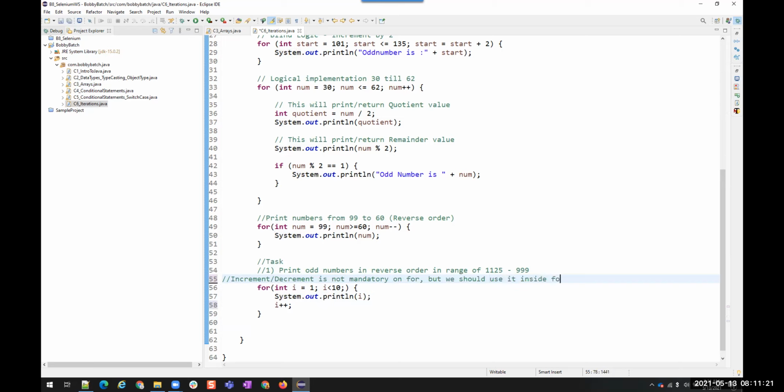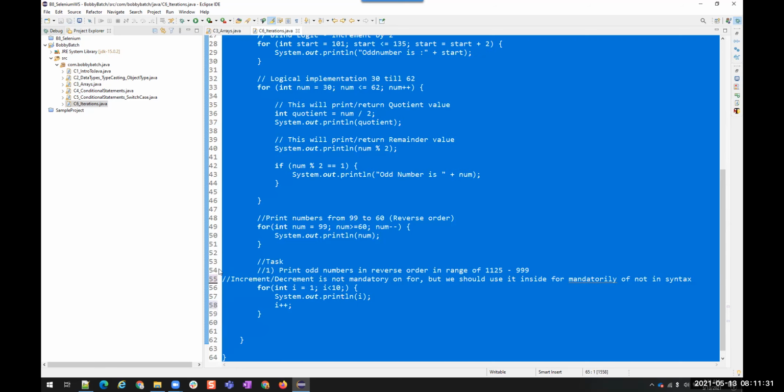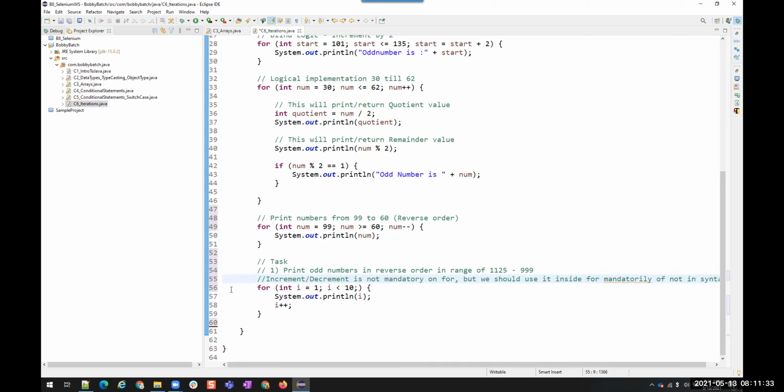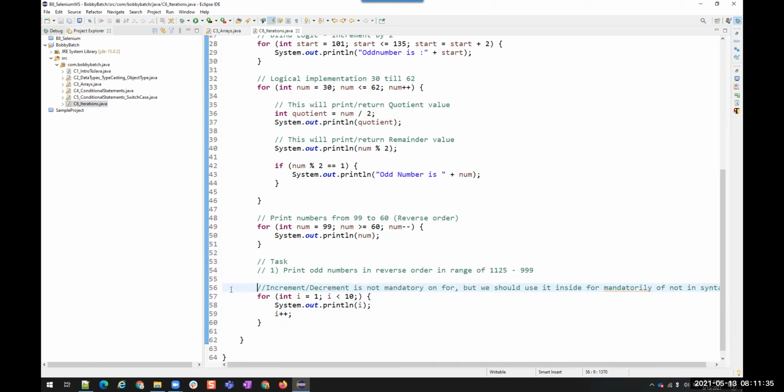If you are not using it in the syntax, you should mandatorily use it inside the block somewhere.